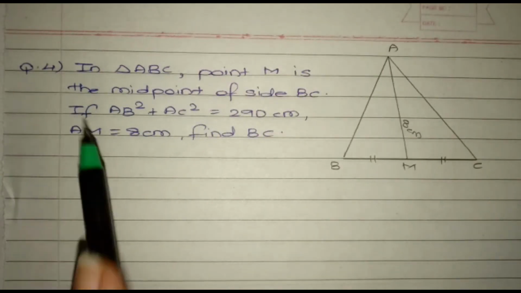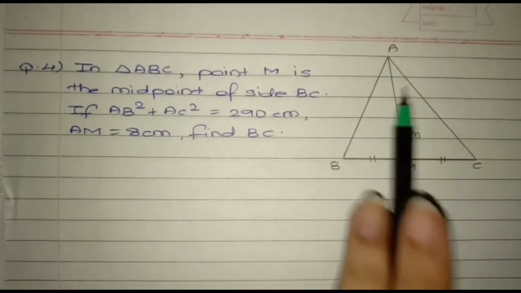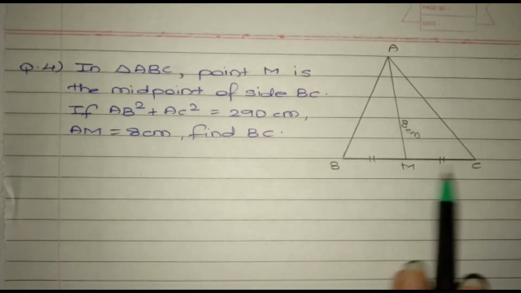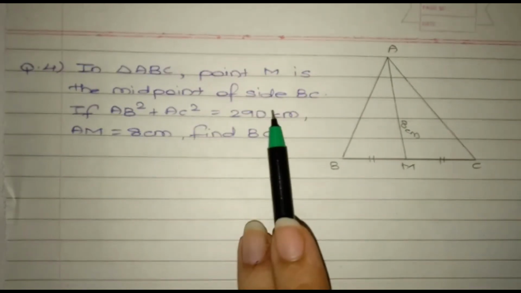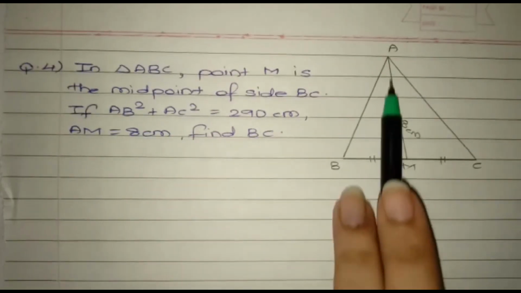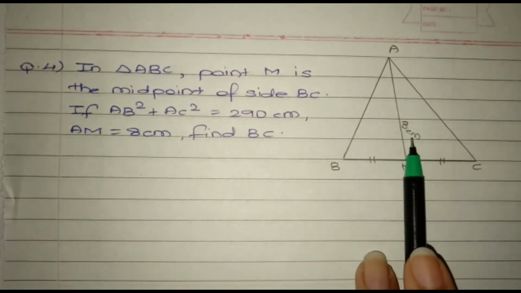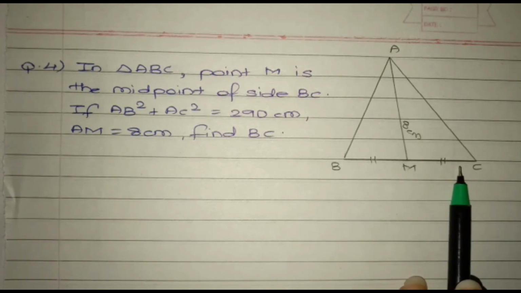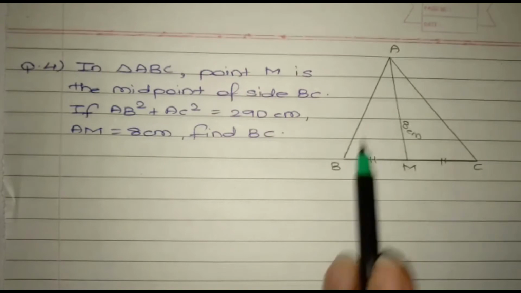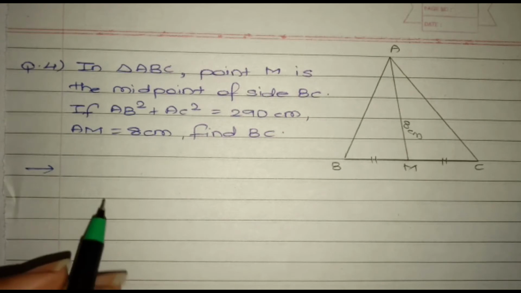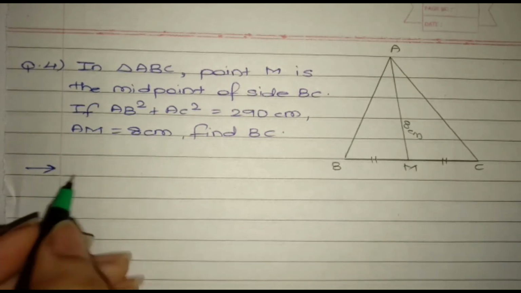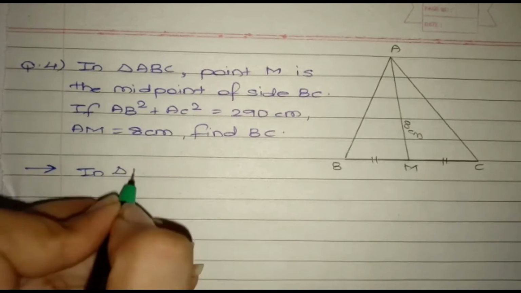Question 4 of practice set 2.2 says that in triangle ABC, point M is the midpoint of side BC. If AB square plus AC square is equal to 290 centimeter and AM, that is the length of the median, is 8 centimeter, then find BC. Okay, now we can see that AB square and AC square is given, and median is also given. So here we are going to use Apollonius theorem. As I have said earlier, we are going to write the introduction, that is in triangle ABC,